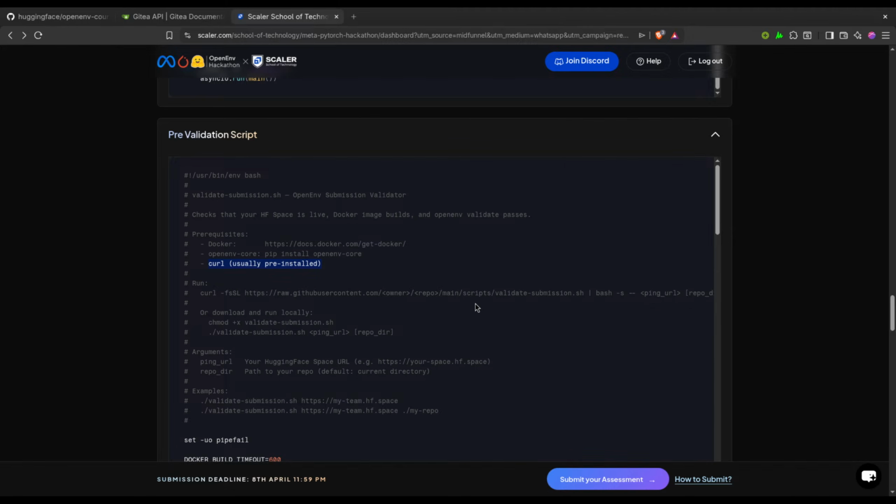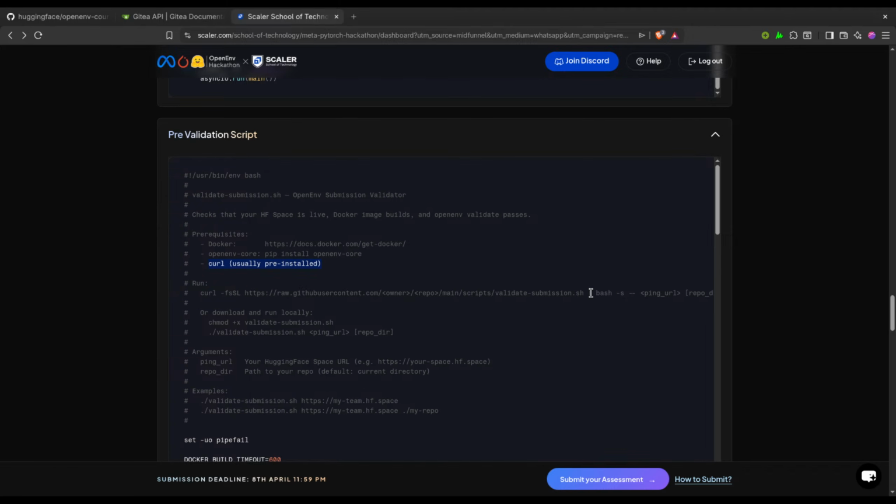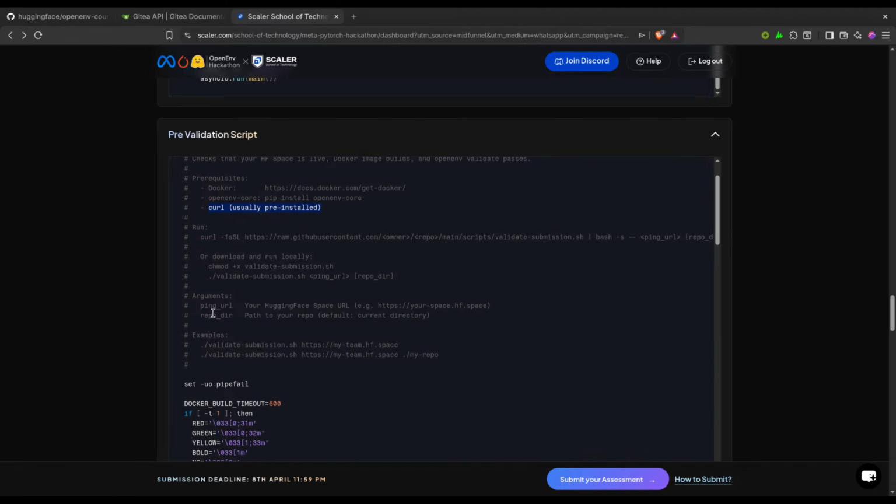So we need to curl this thing. Run the main script validation.sh locally like this, with your interface URL pinned.